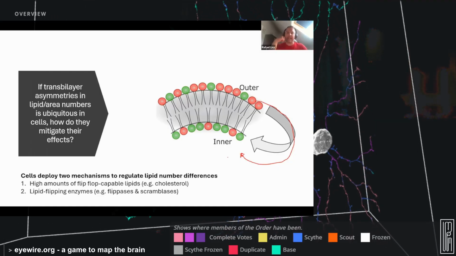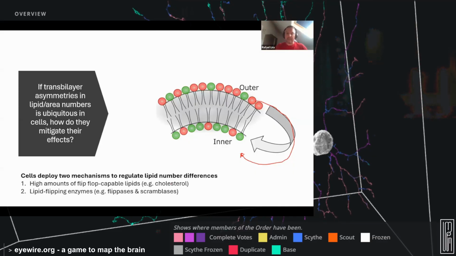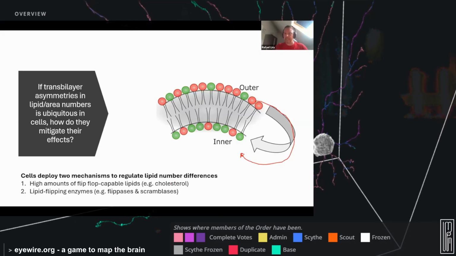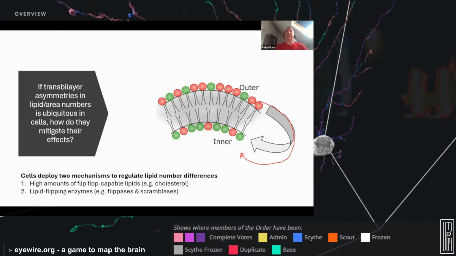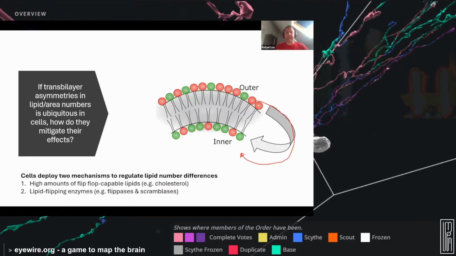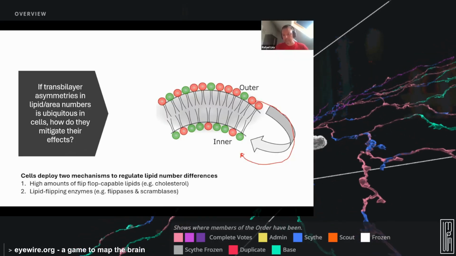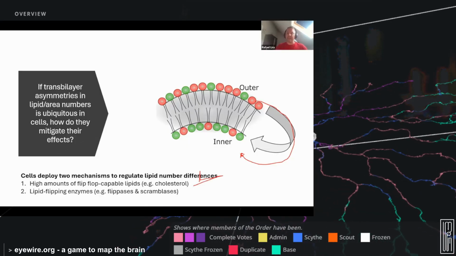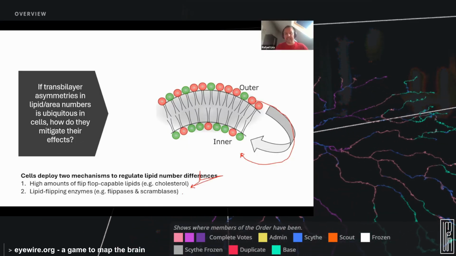The first way is that several cellular membranes are rich in lipids that are capable of undergoing flip-flop. And this is the case of cholesterol. The other situation is that several membranes, such as the ER membrane, are also rich in lipid flipping enzymes, such as lipid flippases and scramblases. So if we take inspiration from the first method first, and in the later part of my presentation, the second method,